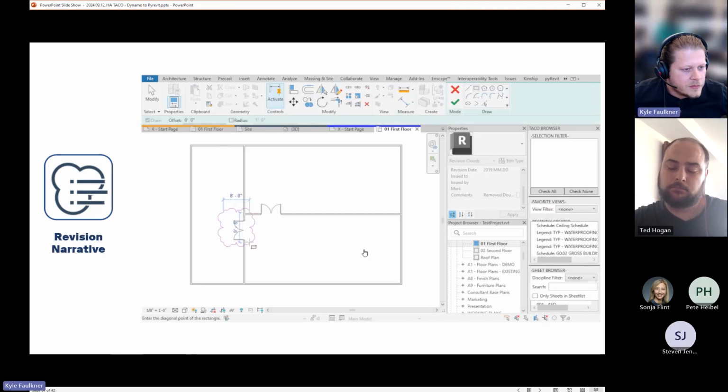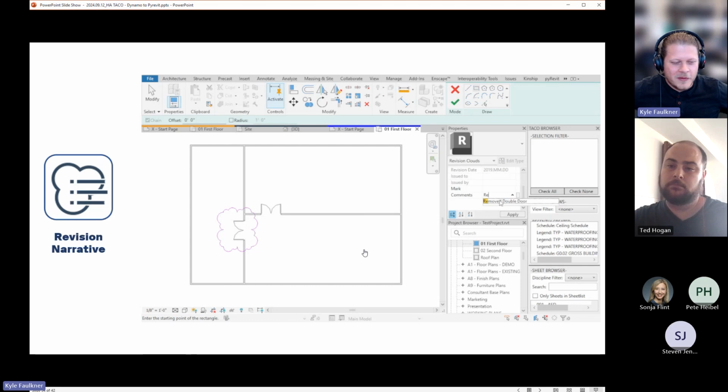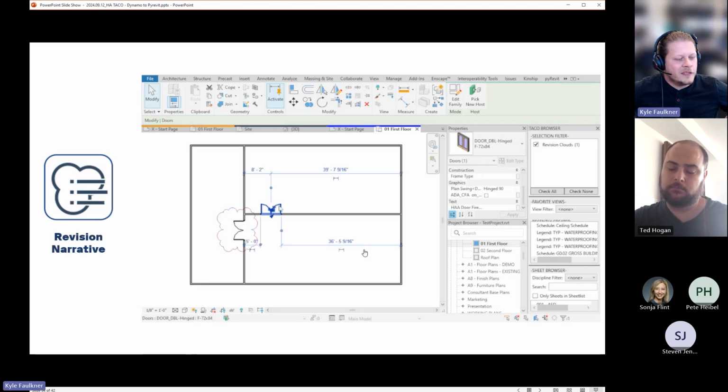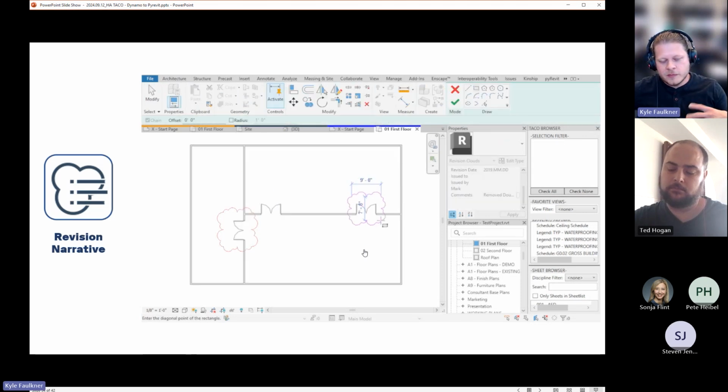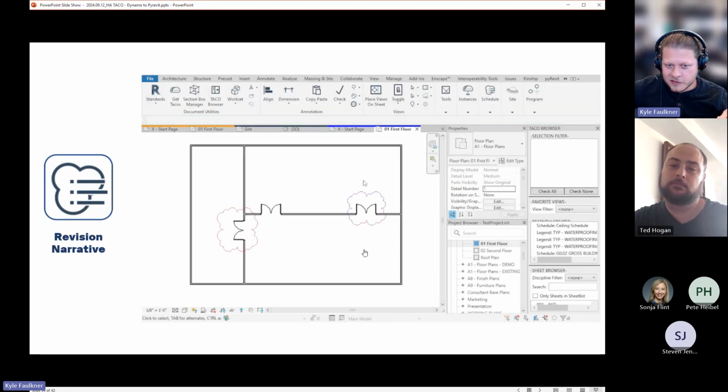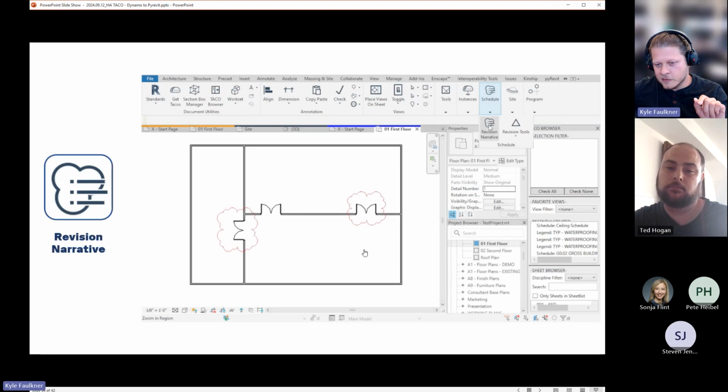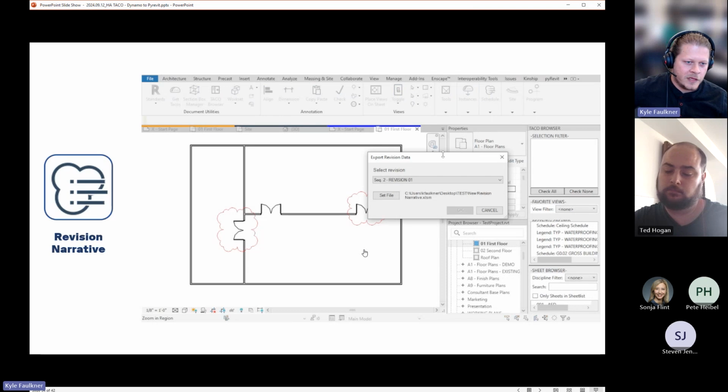The last couple of scripts here, the revision narrative, this was our biggest time saver in the office. This was that 90-minute time saved script. And this works by, before we had pyRevit, we would often submit with our revisions a revision narrative. So the revision narrative says, this is the sheet that changed, this is what changed, blah blah blah. And people were doing that by hand, right? They were going to every single sheet, looking at the bubble, writing down what was changed, and putting that into a document. Well, with the advent of the script, we can